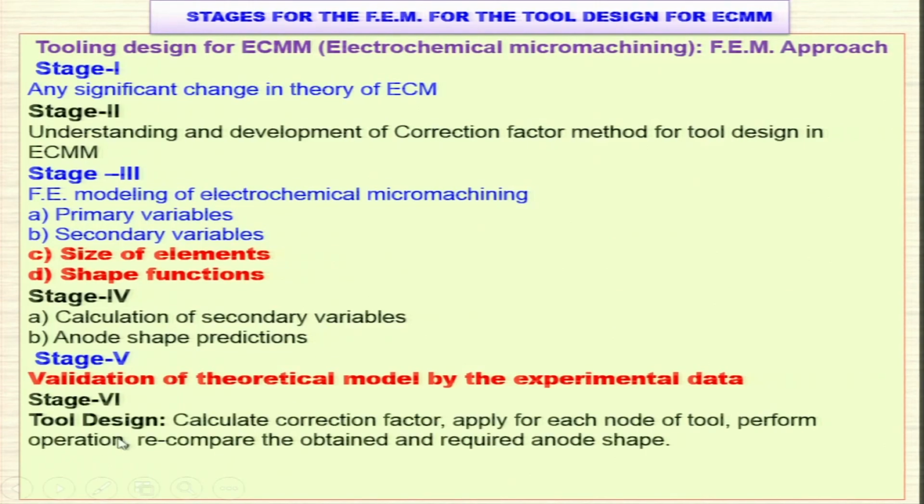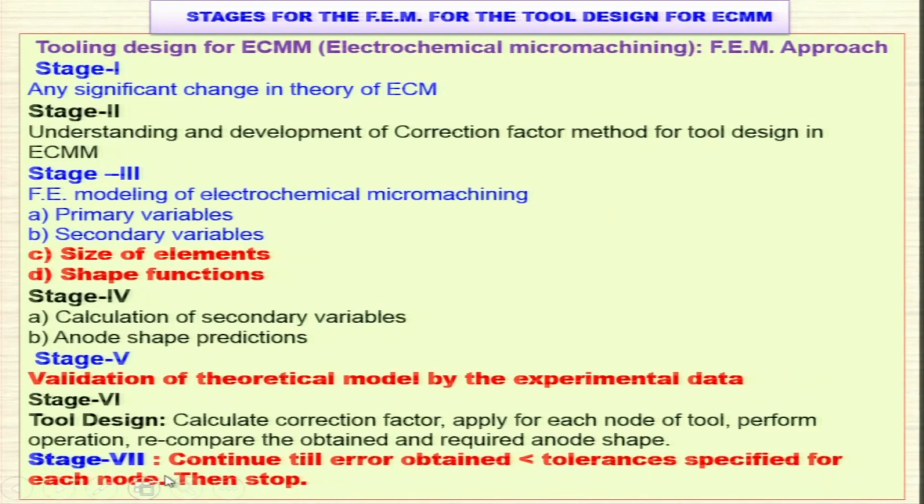Stage 6, tool design: calculate correction factor, apply for each node of tool, perform operation, recompare the obtained and the required anode shape and modify the tool. Stage 7, continue till error obtained, means keep modifying the tool shape and size till the error obtained is less than the tolerances specified for each node on the workpiece. Then you can stop. So these are the different steps to be followed while applying finite element method for tool design